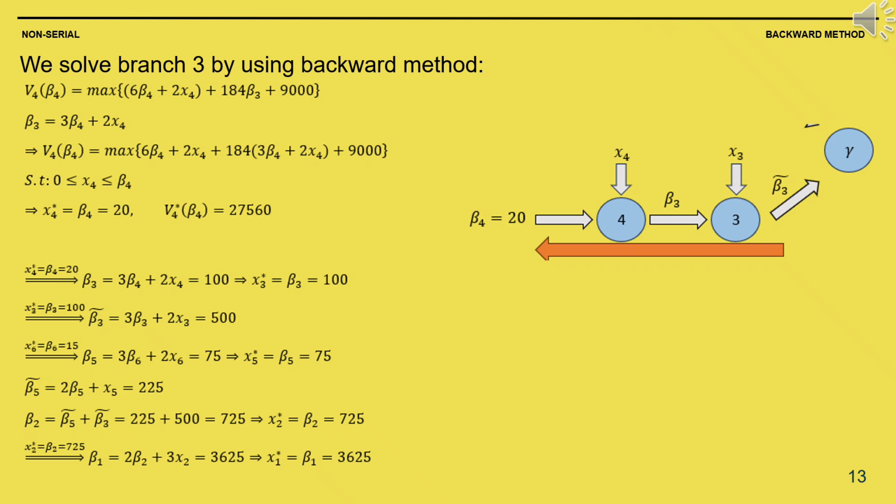which is the total return from investment over 6 years, equal to 27,560. The investment amount for each year is also specified. In short, if you invest these amounts over these 6 years, your maximum profit will be